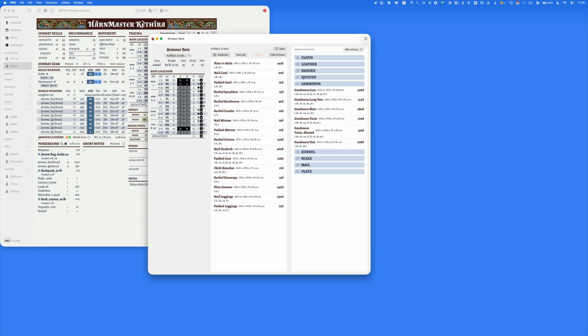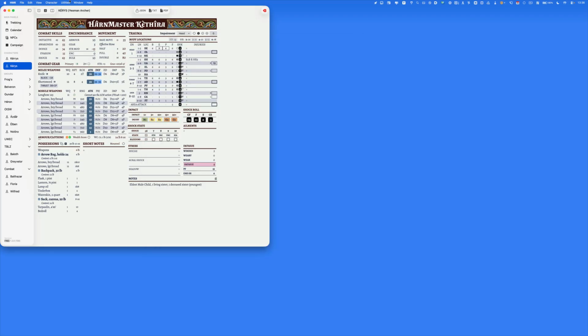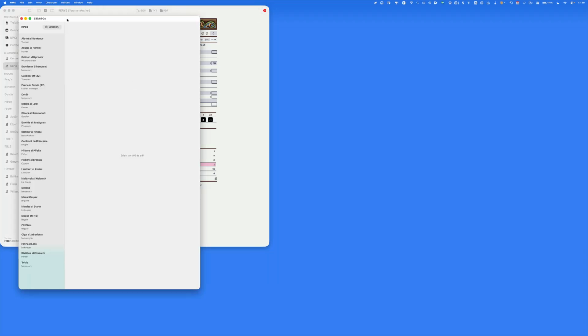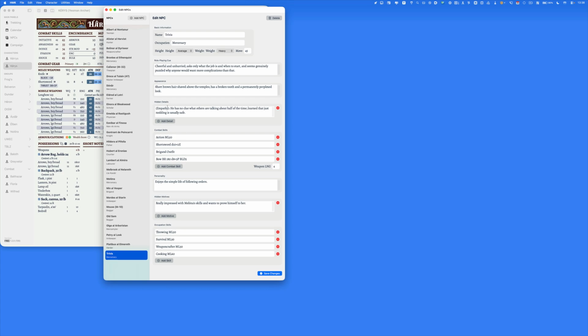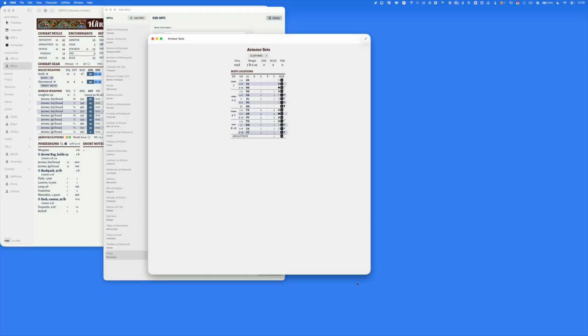And when you're done editing the armor, what you can do is you can now edit NPCs, and in this editor, the third combat skill here, you can use any of the armor sets that you created. So, for instance, here he uses the brigand outfit,